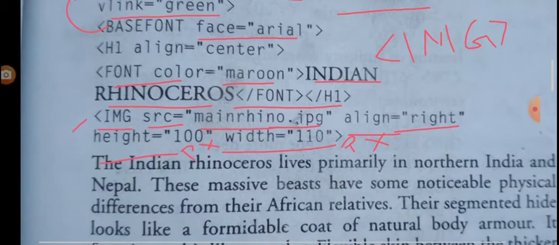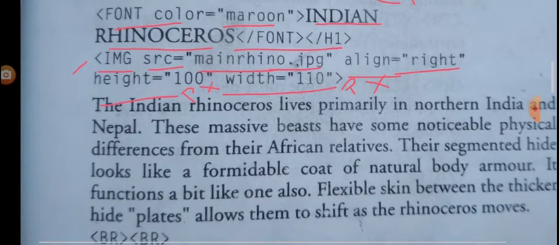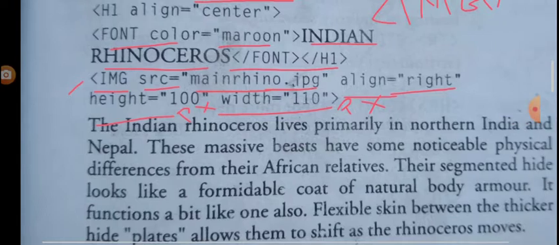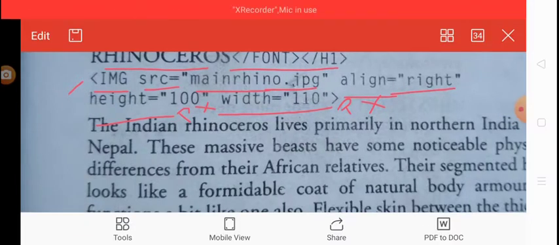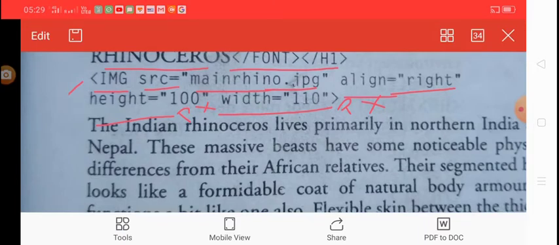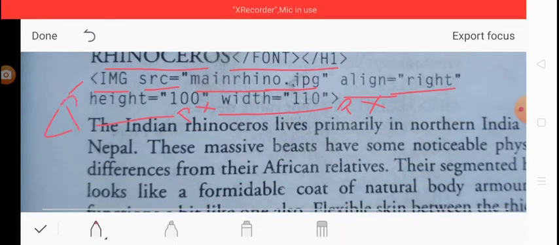After mentioning the img tag, we just write a paragraph here. So you can take the paragraph tag, or you can just write it simply as given in the web page. Okay, so you can write it within the paragraph tag.